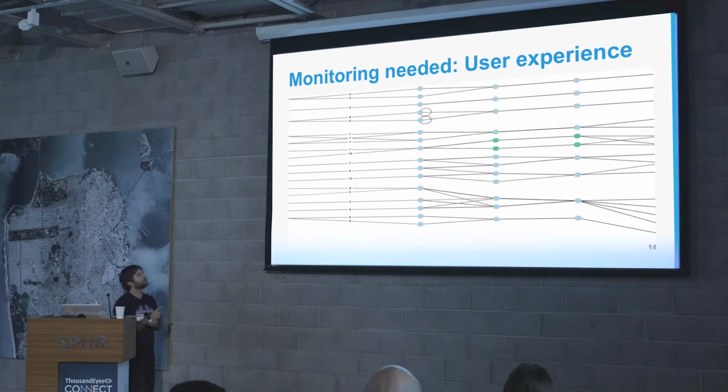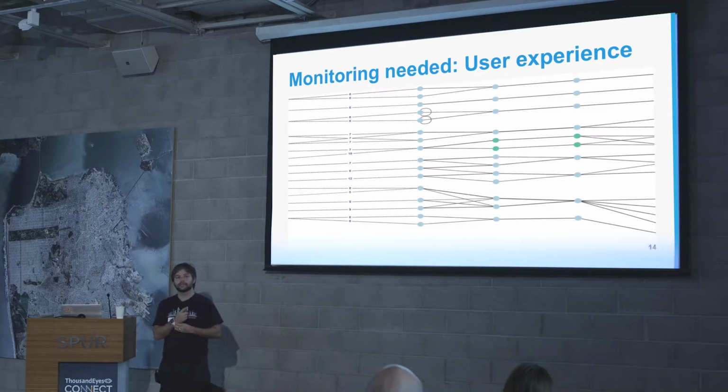And what we're actually alerting on for this is, are we actually doing the pixel load fast enough? We classify the world into two sections. One is where we do business and where we want to be really fast, so we set a low threshold on the whole page load time, or the whole transaction time. Then there's the rest of the world where we still want it to work, but we can have a much higher threshold. So we really have two tests. They're pretty much the exact same. The only thing that's different is which agents we choose for them and what the threshold is for the total